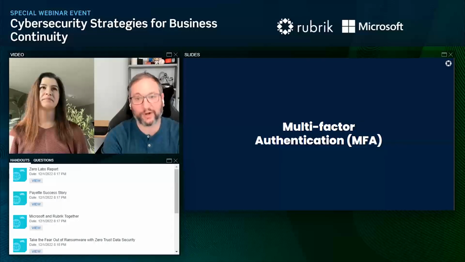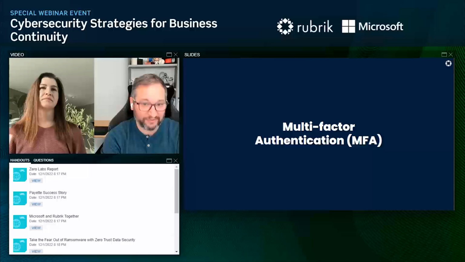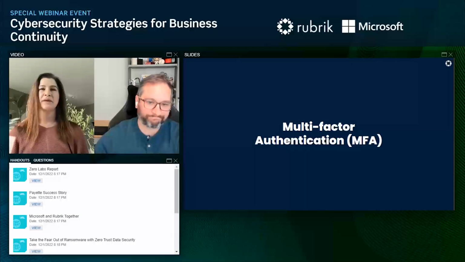Multi-factor authentication is a great way, maybe not to prevent them in all cases, but certainly to slow them down and make it much, much more difficult for them to get into your network. So look at your systems, identify which ones are MFA capable today. If you have systems that aren't MFA capable, definitely think about, is that the right solution for you? Or talk to the vendors and find out if they've got updates coming or anything that allows you to implement this, because you can really save the day just by enabling multi-factor authentication. And who doesn't want to save the day?